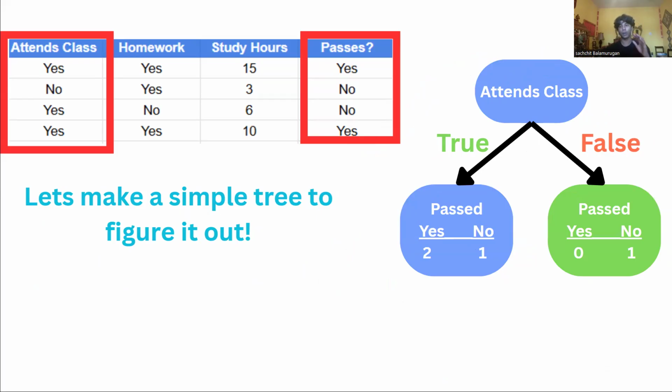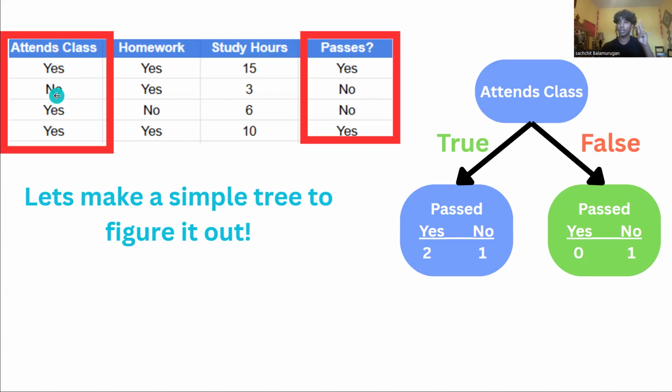So we created a decision tree, right? We have tenth class, true or false. And now we're checking each one, creating a table of values. In this table of values, we're seeing how many people say yes when it's true and no when it's true as well, and then checking how many are yes and no when it's false. So let's look at the graph, right? Tenth class, true. Okay. Tenth class, yes. Now, does he pass? Okay, yes. So we have one yes.